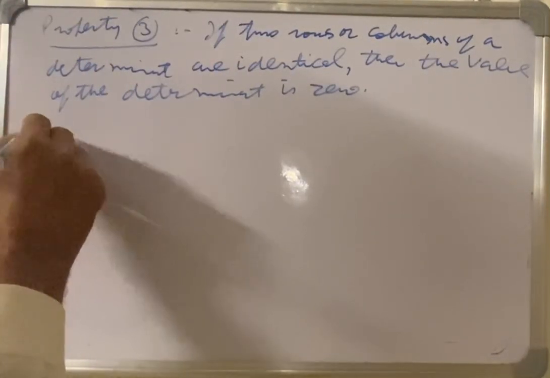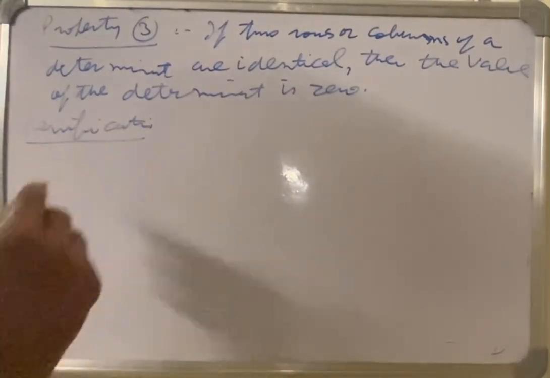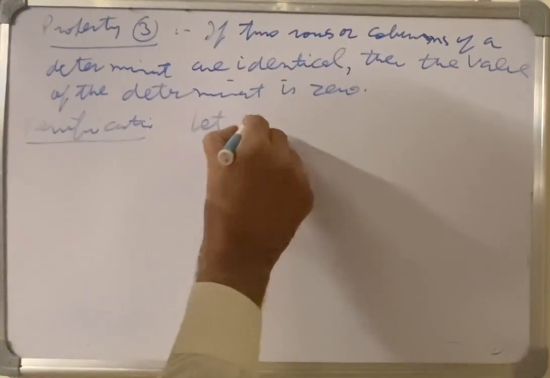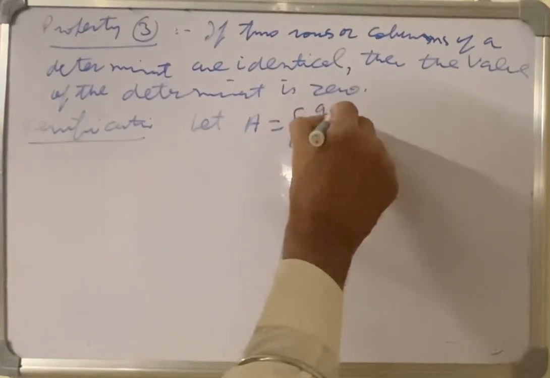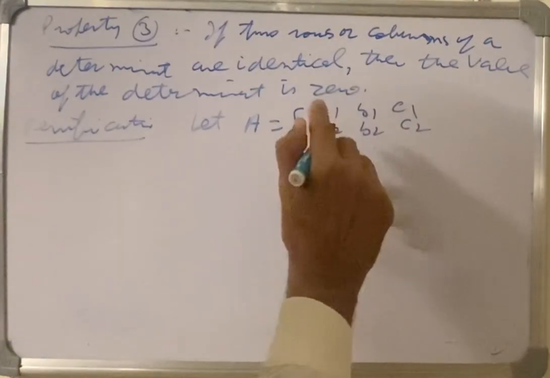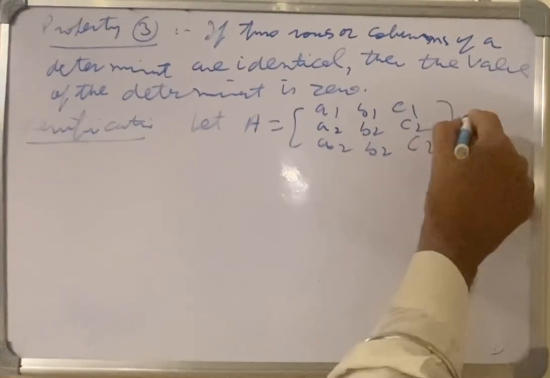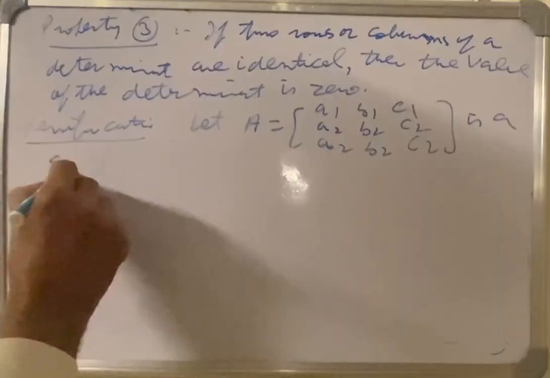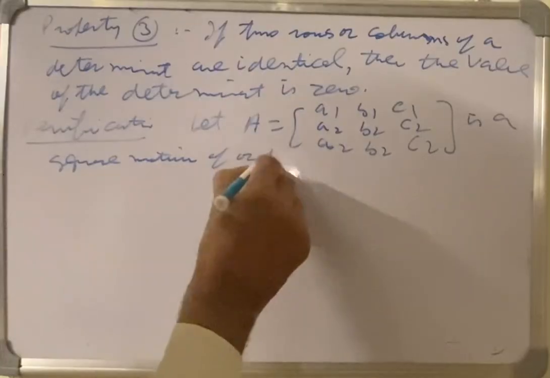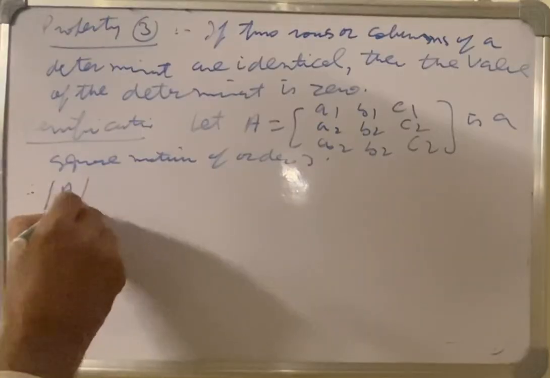So we can verify this. Let A is equal to A1 B1 C1, A2 B2 C2, A2 B2 C2, a square matrix of order 3. Therefore, determinant A is equal to